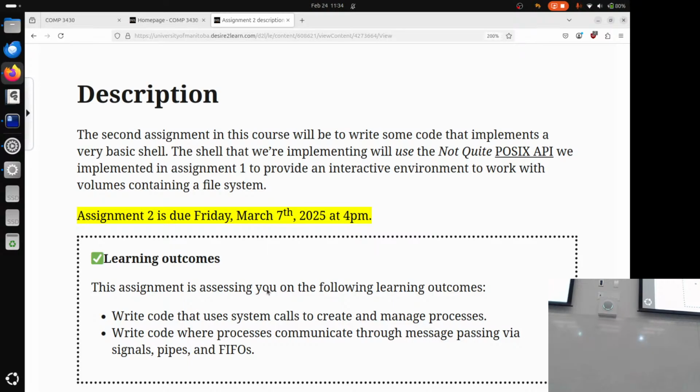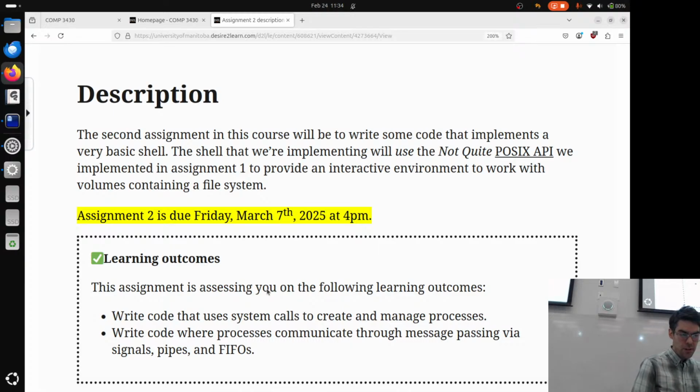I want you to build a shell around the file system code that we wrote for assignment 1. If you squint really, really hard, what we're starting to build here is something that looks like Docker, if you're familiar with this idea. The thing that we're really building is something called a chroot, a change root. We're making a process that thinks that its root file system is something that's not the actual root file system. But I want to be 1,000,000,000% clear that you really got to squint hard to make it look like Docker. This is not Docker. This is a very bad version of Docker if it's even an imitation. But it gives us that same sort of idea.